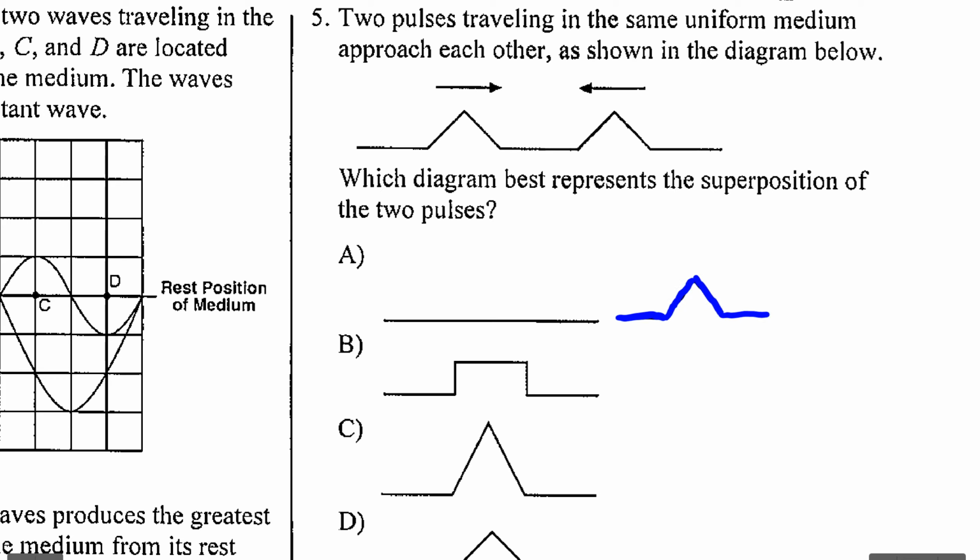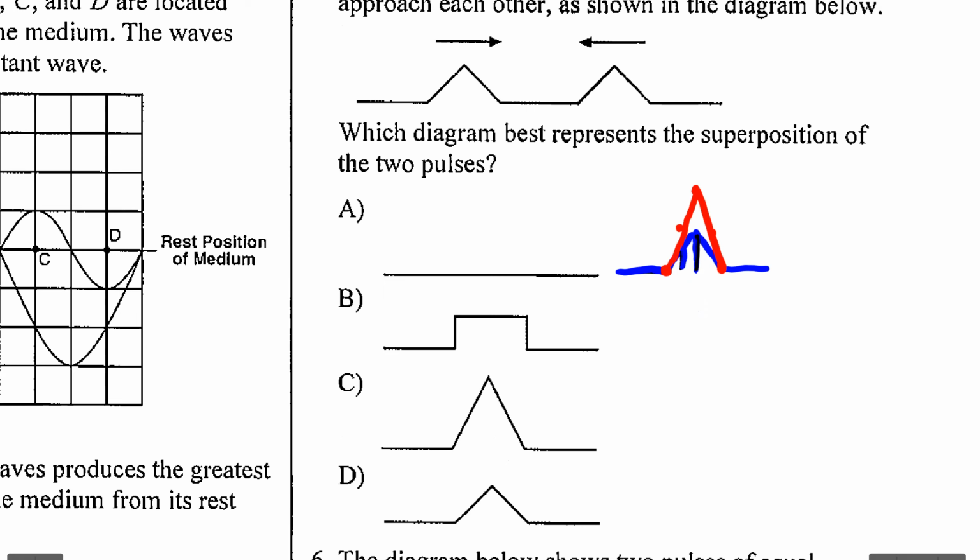It's always easier to look at the maximum. So I have that maximum plus that maximum. This maximum is going to be that plus that. Maybe it'll be up here somewhere. And then if you want, you could extrapolate some other pieces. So 0 and 0 is 0. So that amplitude stays there. But at this point, you have this little bit plus this little bit. So a little bit and a little bit is going to bring you to here and here. So what you should look for is a taller triangle. And what we get is a taller triangle, choice C.